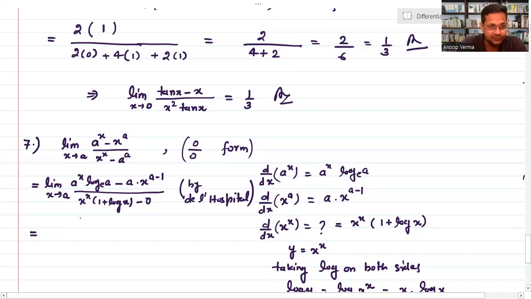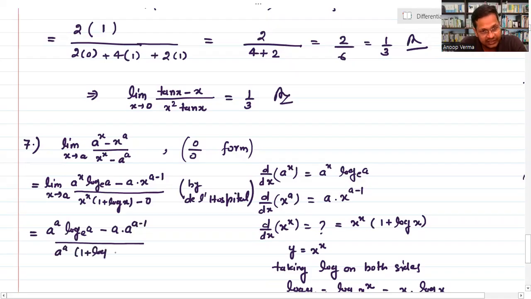तो लेट्स अप्लाई, तो वह यहाँ पर जब लिमिट अप्लाई करेंगे तो यू विल गेट a द पावर a, टू द बेस e log a, माइनस दिस इज a into a द पावर a minus 1 डिवाइडेड बाई दिस इज a द पावर a और 1 प्लस टू द बेस e log a, यहाँ पर बेस e है माइनस 0। सो यू कैन सी